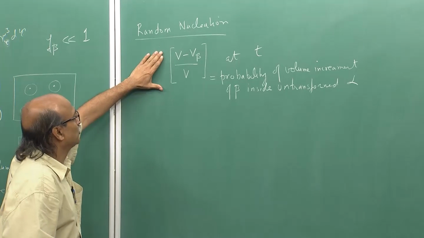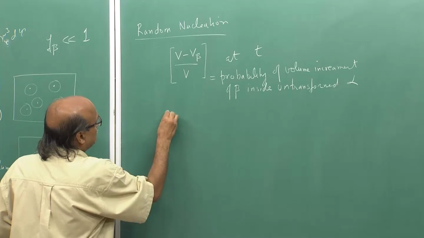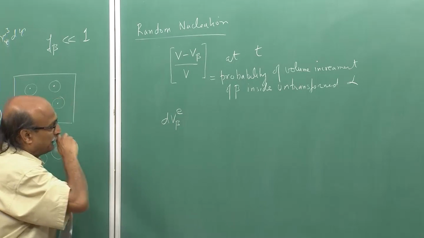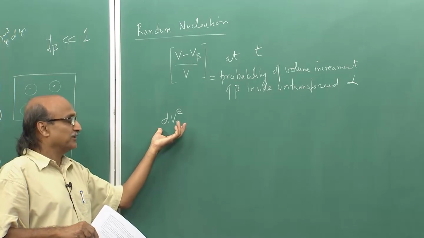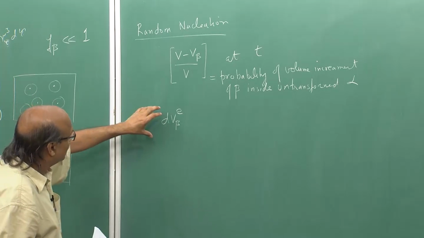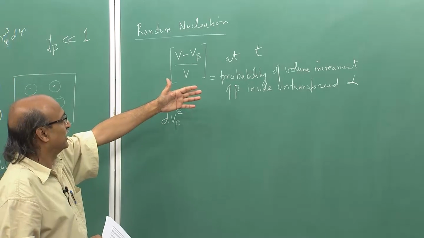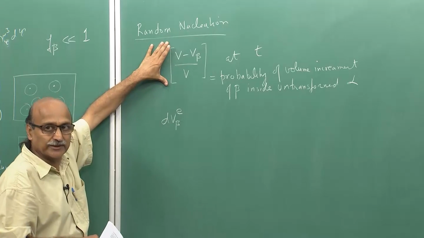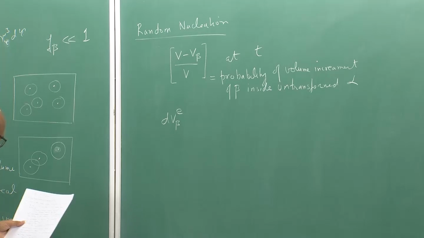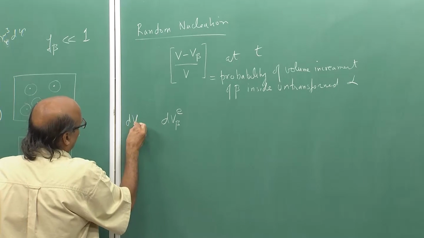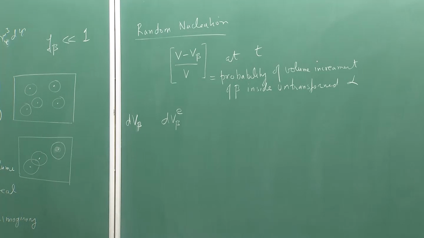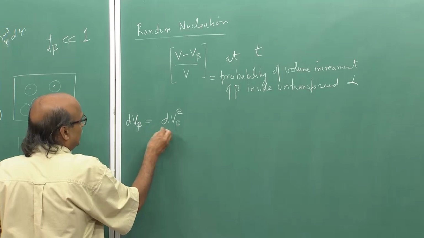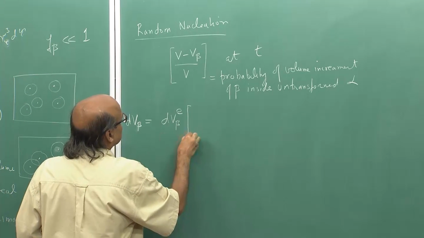Alternatively, it can also be looked at that the part of dV beta E, as we go in an increment of time dt, the increment in the extended volume, the fraction of it which lies inside the untransformed alpha is given by this probability, and hence the increment in true volume of beta as we go from time t to t plus dt is then given by dV beta E times this probability,